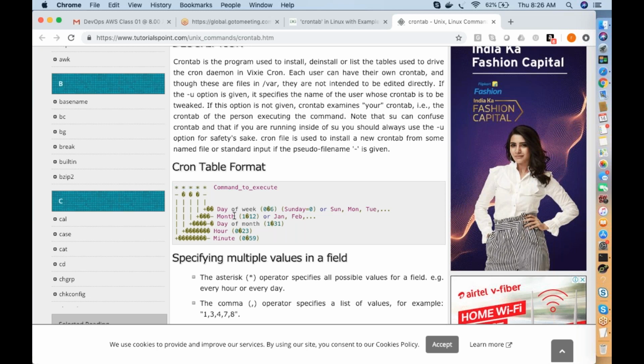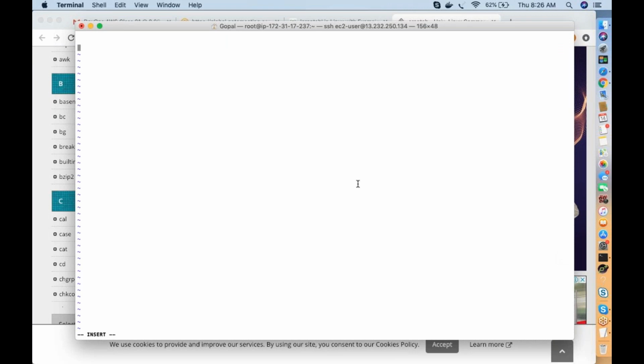If you want to execute a job every minute, you mention it like this: star by 5, star slash root slash first shell dot sh.